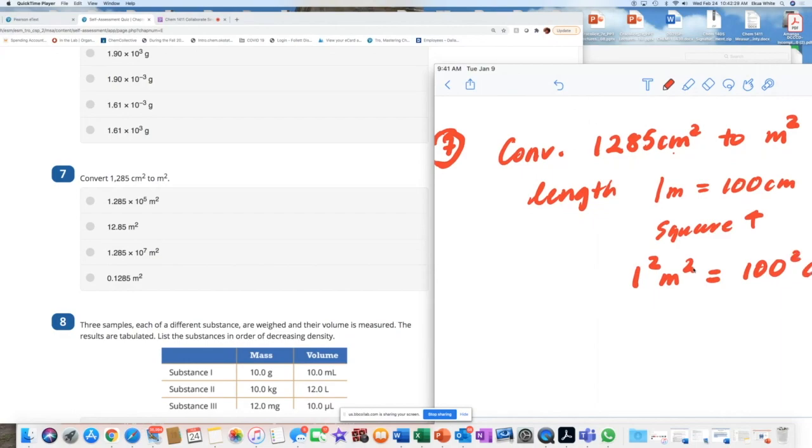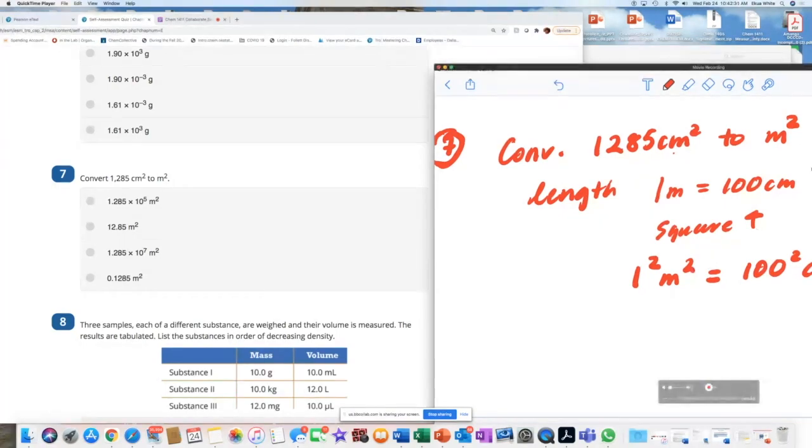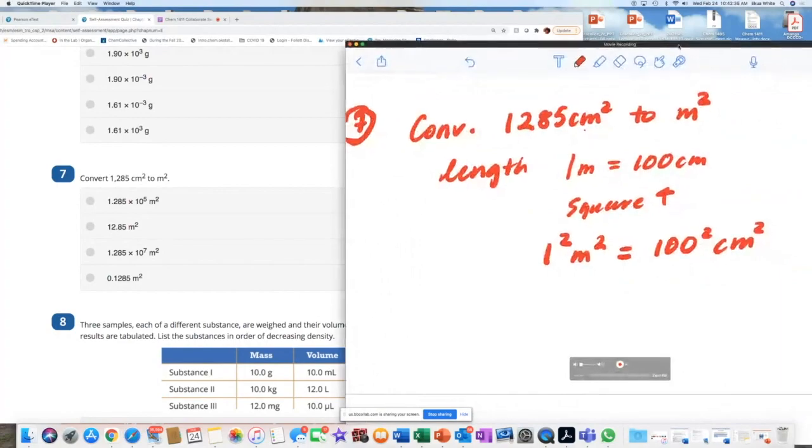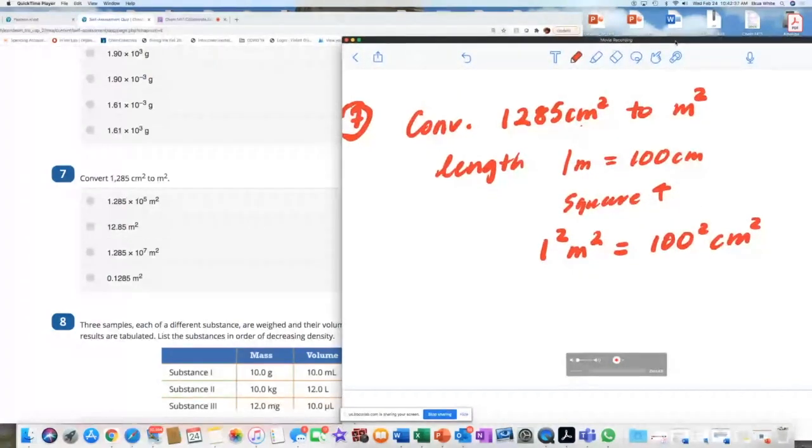Square your conversion to make it in the form that you need. Oops, I realized some parts are out of the frame. Right there, okay? So converter useful to you. So this ends up being 1 squared is 1. Meter squared remains as meter squared. 100 squared is 10,000,